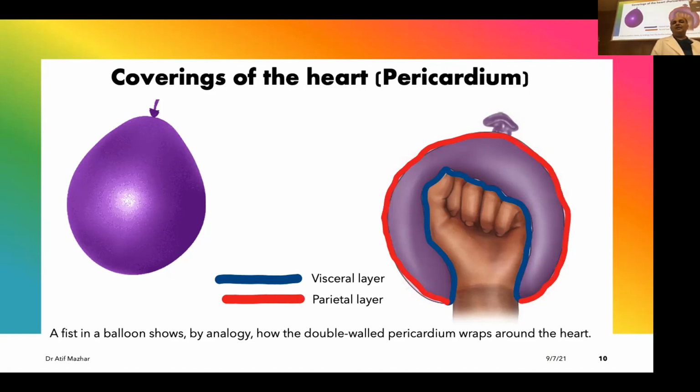Now the space in between, I drop a location here. The space in between this blue and red, that is a cavity, and we call it the pericardial cavity. This pericardial cavity has a fluid, which is a lubricant. It's very tiny, a few milliliters, not liters. The job of this cavity and this fluid is to facilitate my heart moving every second. It's moving, so I don't need any kind of friction. To minimize that, there's a lube, and that is pericardial fluid.